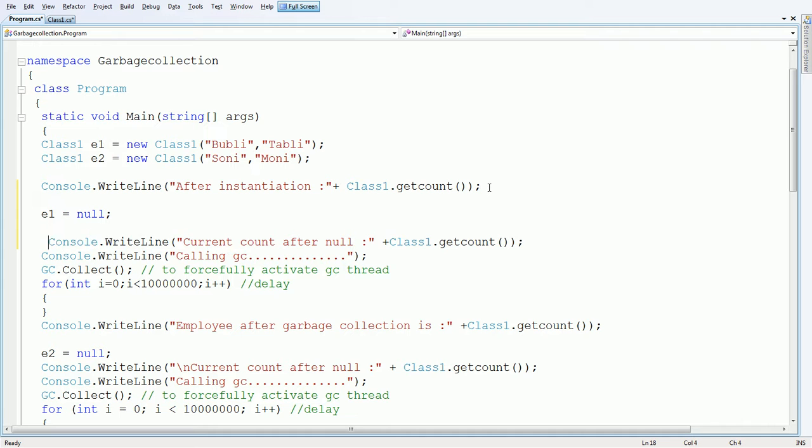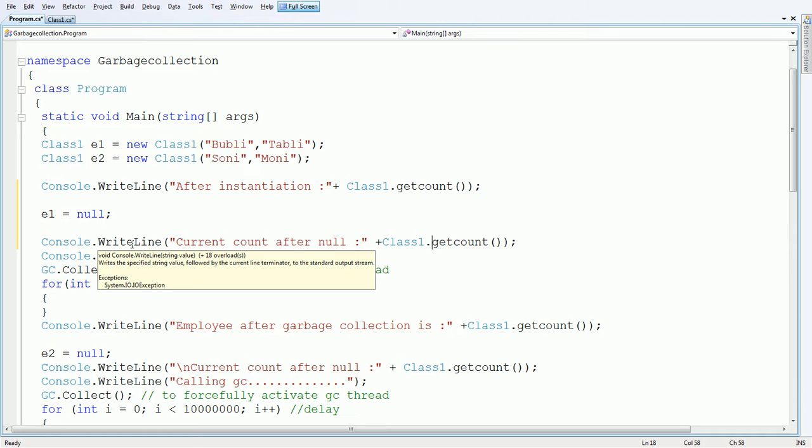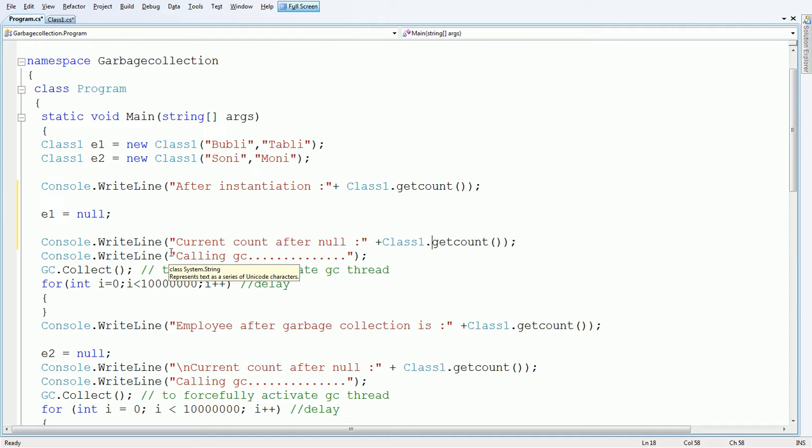But whenever you mark an object with null, only a thread is generated. That is, there is no actual calling of the destructor function. Therefore, again check the value of the counter. It is 2, because only a thread is generated to mark the unwanted object.